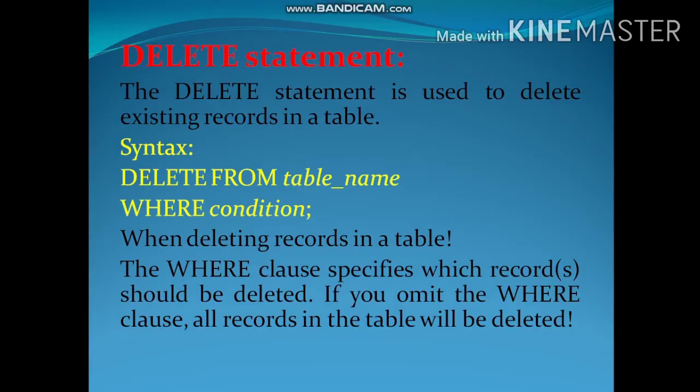Now the delete statement. The delete statement is used to delete an existing record in a table. Suppose you want to delete a row in a table, then you can use the delete statement. Delete syntax is delete from table name where condition. If you use the where condition, it deletes only a single record.